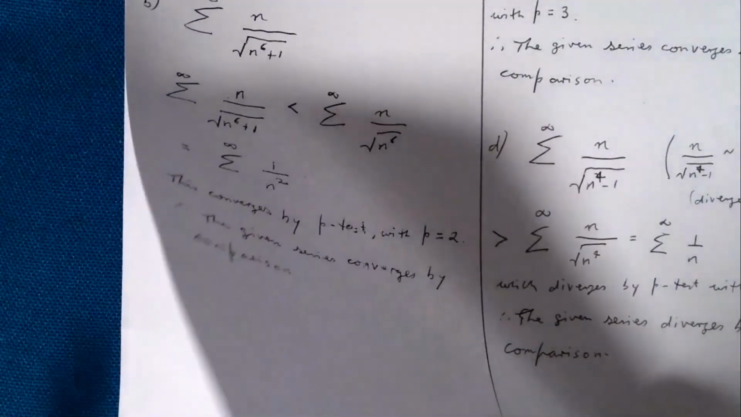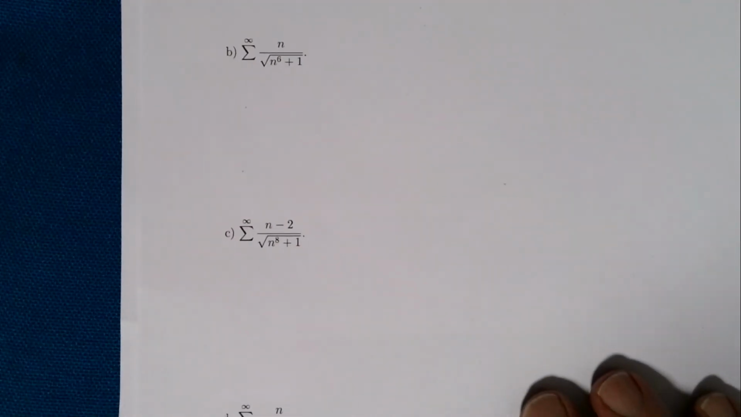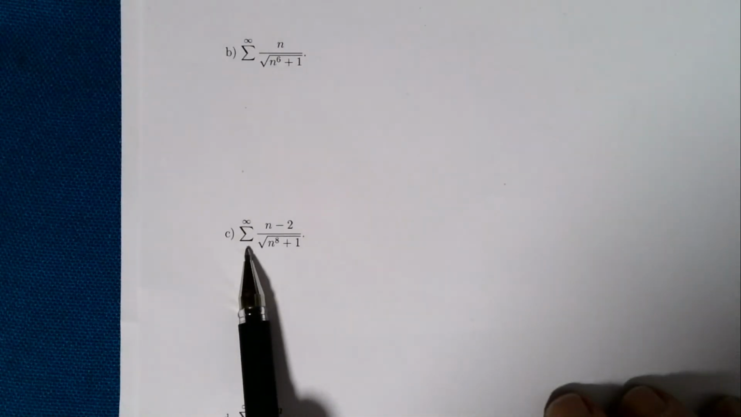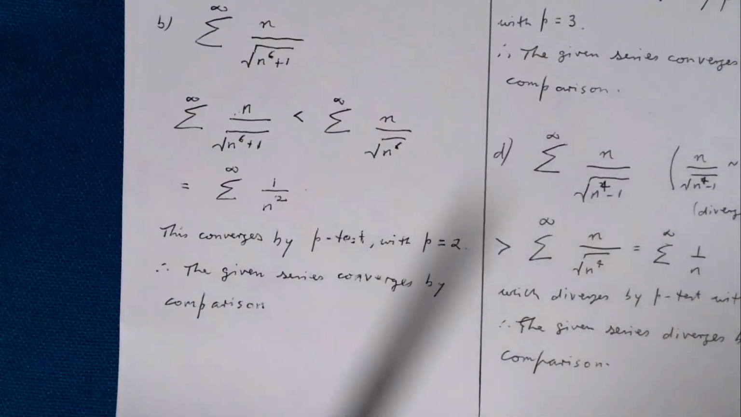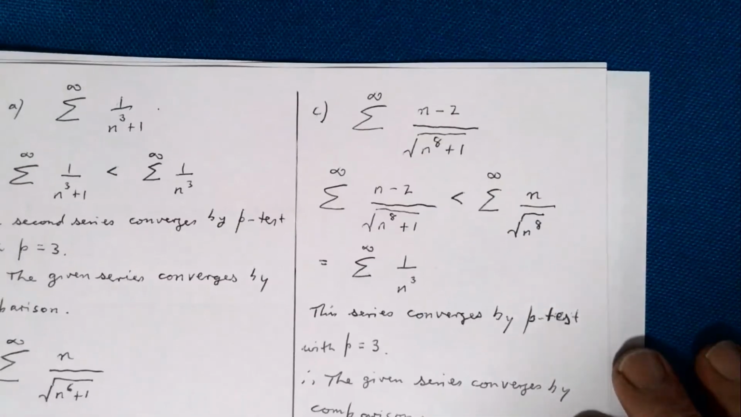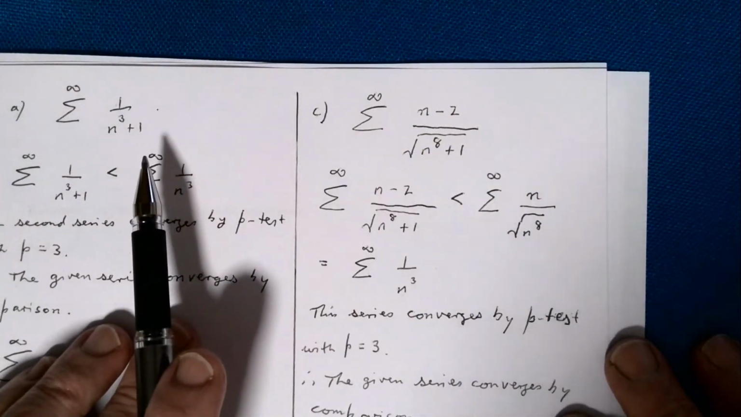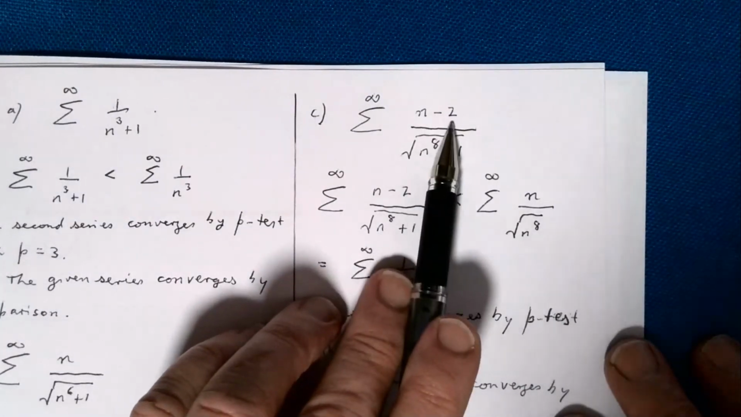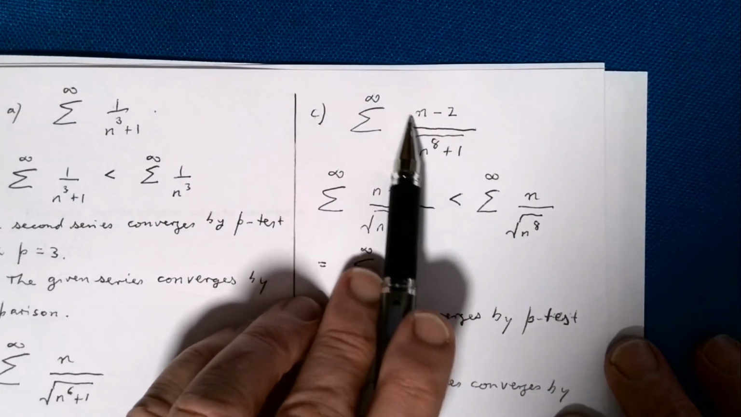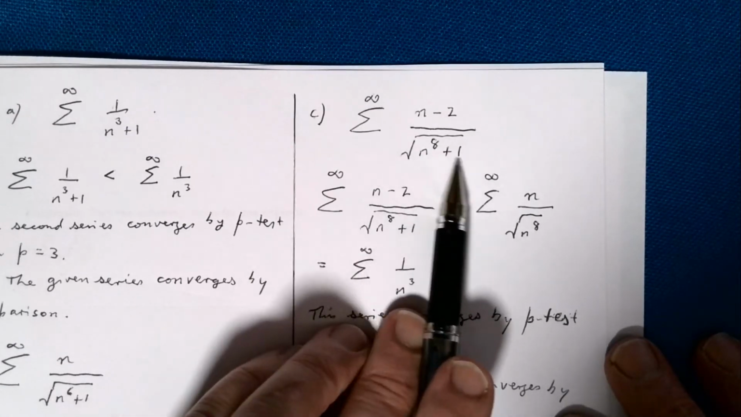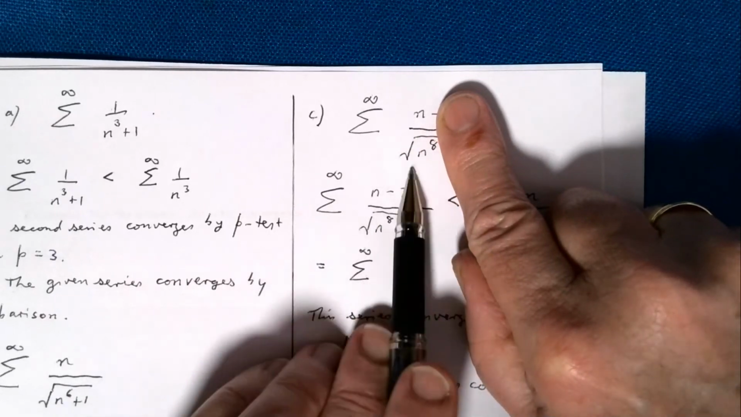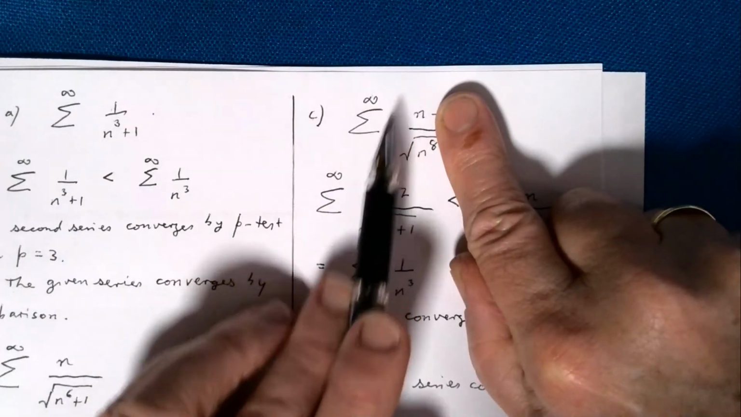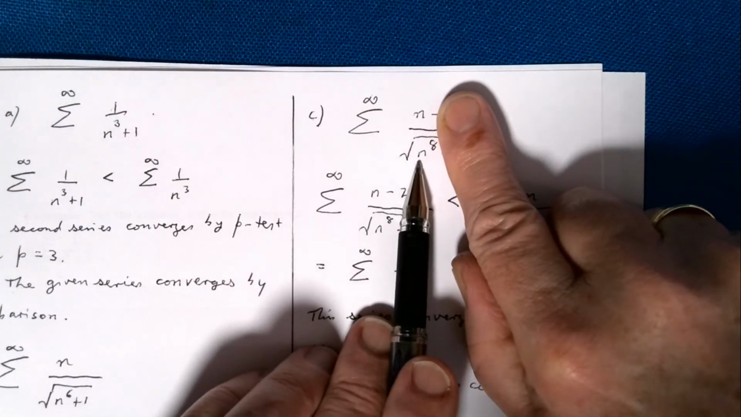Now the third one, I want to do a few of these. This one is sigma n minus 2 on the square root of n to the 8th plus 1. So we do the same idea again. I take my infinite series here and I look at the dominant terms. On the top who cares about the minus 2? What we're interested in here is the n. Who cares about the plus 1? So I imagine putting my finger over these and just looking at this here. And so this will be n on the square root of n to the 8th,